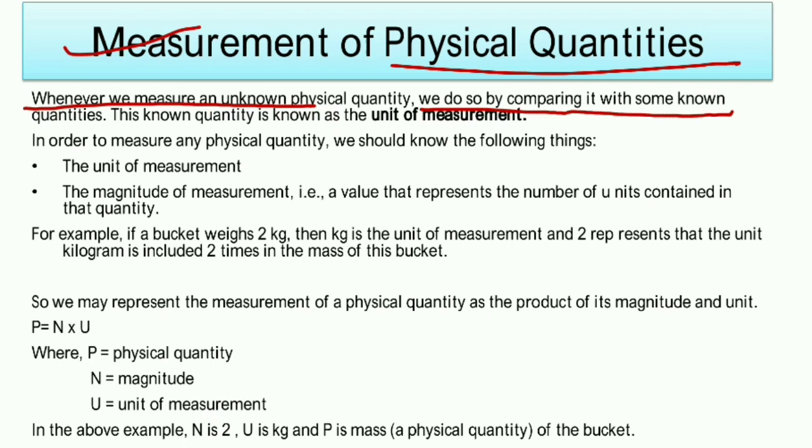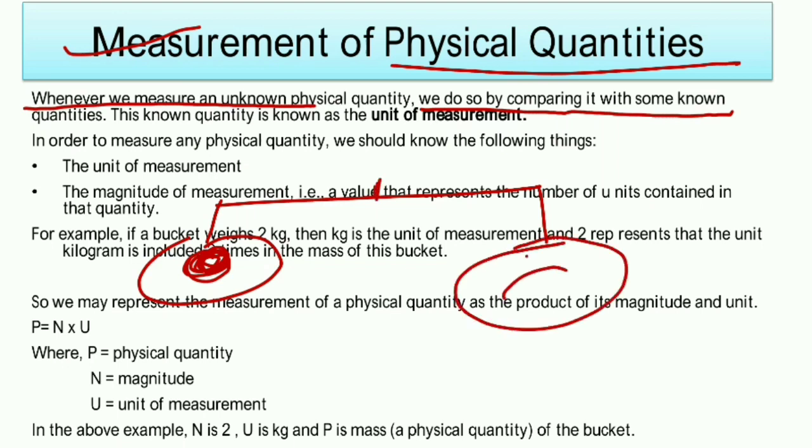You must have seen that on the balance, on one side they put some fixed quantity, and they compare the quantity of the vegetable, rice, pulse, etc. So this is the fixed quantity. They compare the unknown quantity of the vegetable, rice or anything with the known, fixed quantity. So this comparison is known as the measurement of the physical quantity,